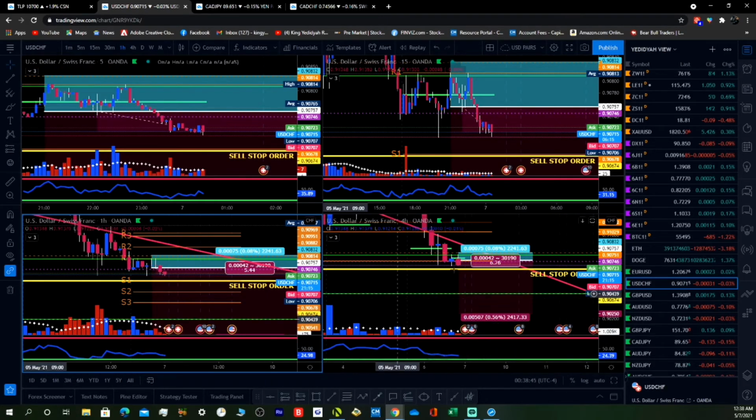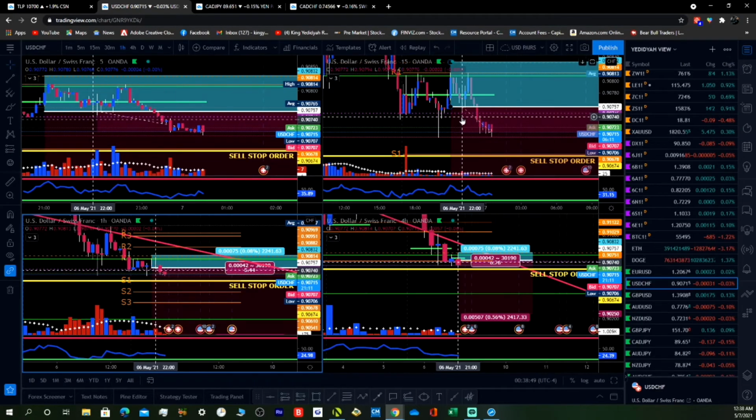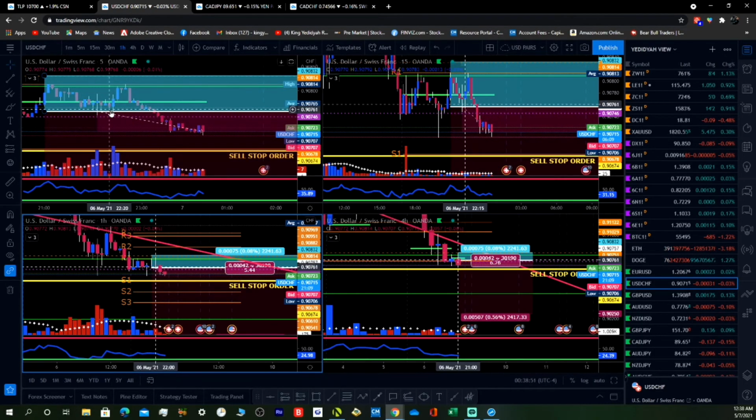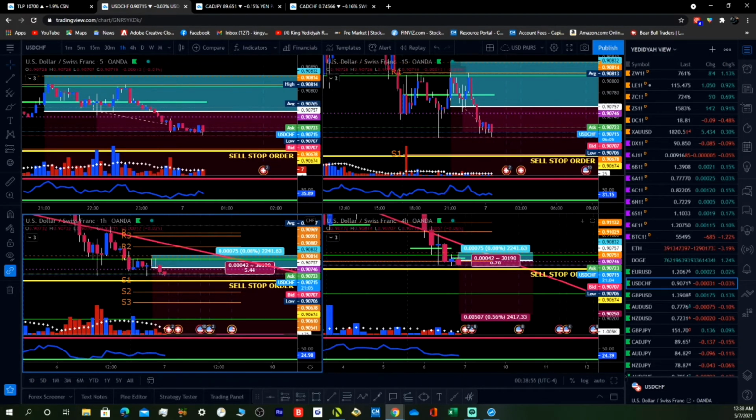Yeah, and that's how I look at it, like, you know, 4 hour, 1 hour, 15 minute, and then the 5 minute. It gets like a clearer perspective. And then on my MetaTrader screen, which I can't really bring across because I have my account information on it, but I usually do the 1 minute on my MetaTrader screen. So I have the full spectrum. It's 1 minute straight up to the 4 hour.